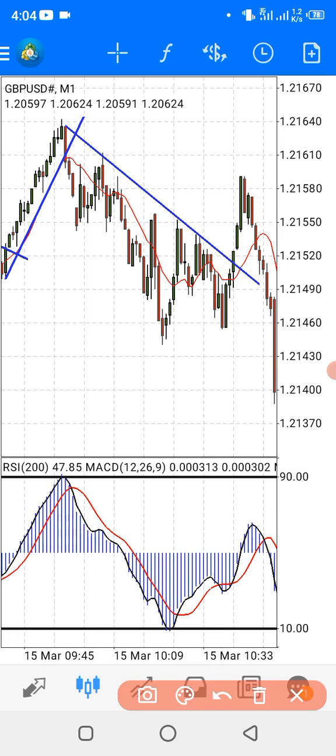So as you can see, I drew a trend line right here, and I told you that a trend line connects 2 or more points in the market. Now this is my first point, this is my second point, this is my third point right here, this is my fourth point, and this is my fifth point. But coming to my fifth point, the market didn't